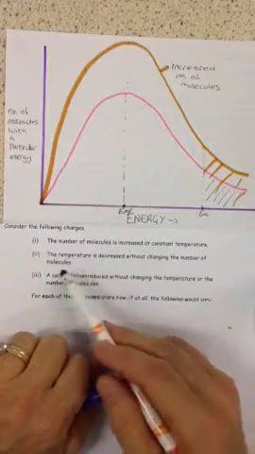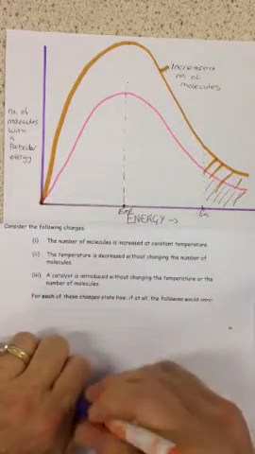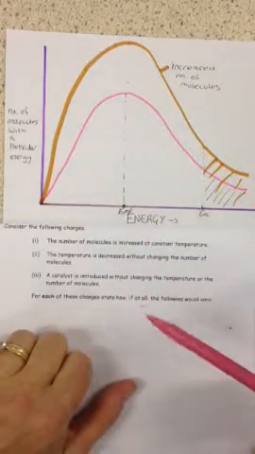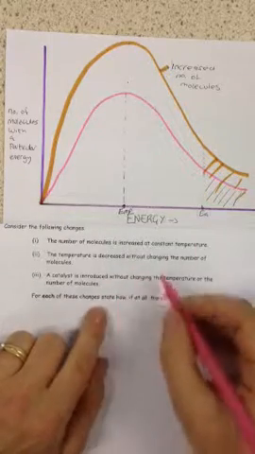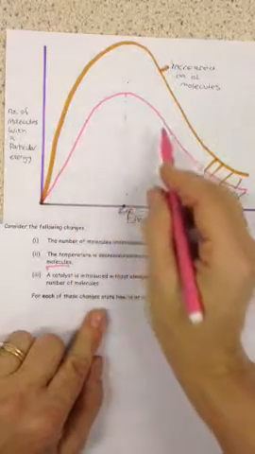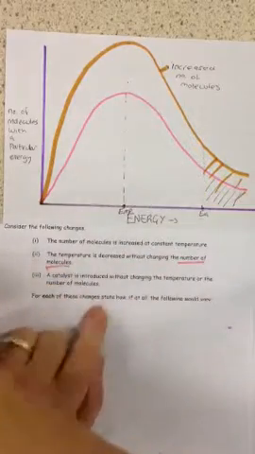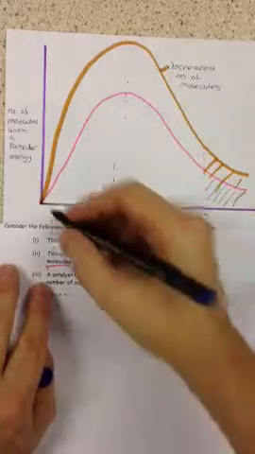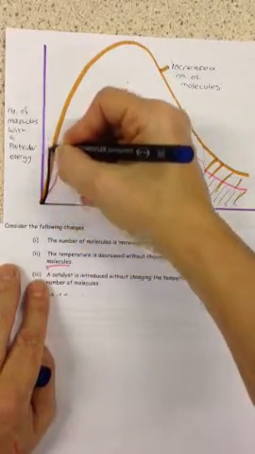What happens to this curve if we decrease the temperature without changing the number of molecules? So we'll go back to the original sample of molecules, this pink area here, and we're going to decrease the temperature. Now, because we are not changing the number of molecules, the area under this curve must remain the same. So if we decrease the temperature, and we'll show that with a blue curve, what happens is the height of the curve must increase,